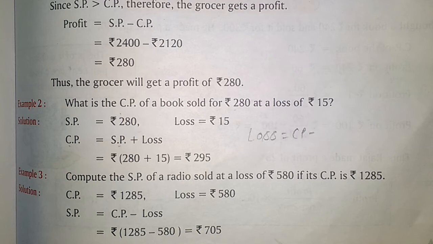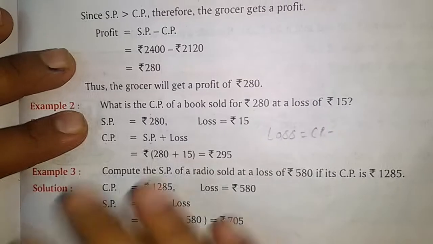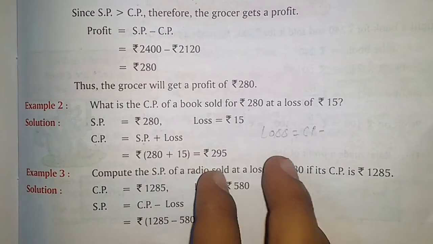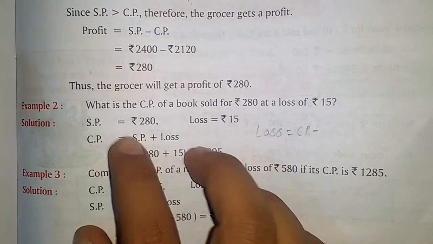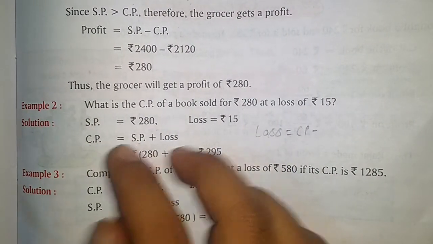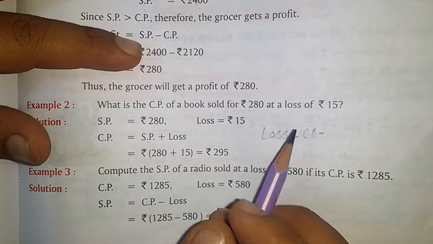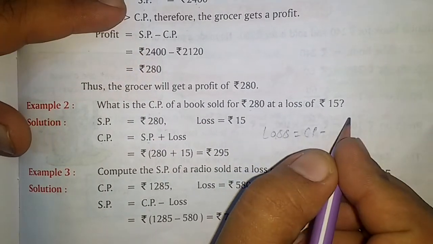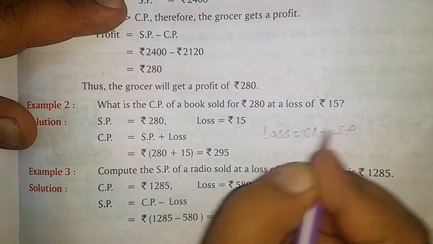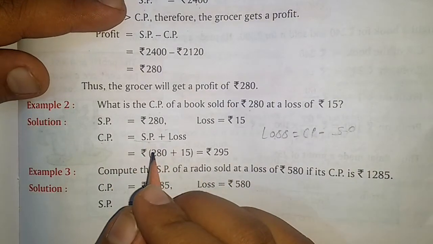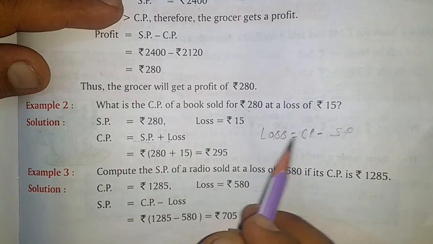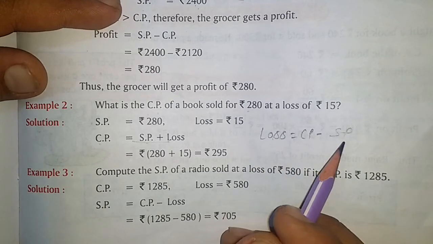This is my second video for this chapter number 6, profit and loss. For this video I have to go through my first video in which I have done this sum till this formula, CP is equal to SP plus loss. In my previous video I was telling that loss is equal to CP minus SP. So this formula has come from there only. Okay, so this is one whole formula, loss is equal to CP minus SP.